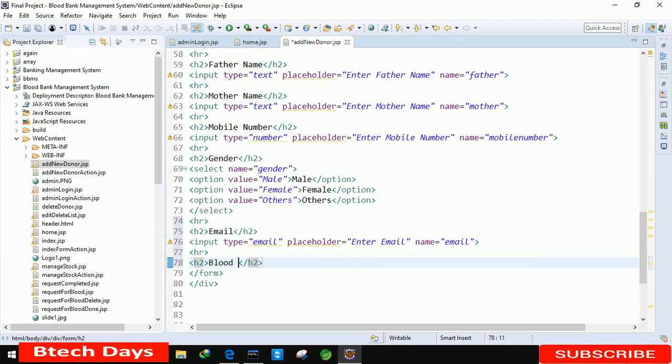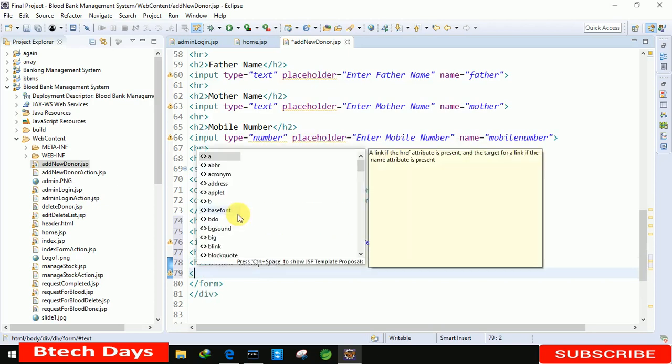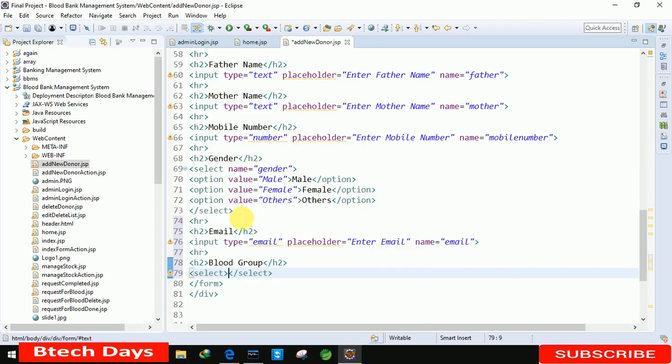So blood group, after that we also need to display a combo box. So for that select, and the name of the combo box is blood group. Okay, and in this we also need to set the options.